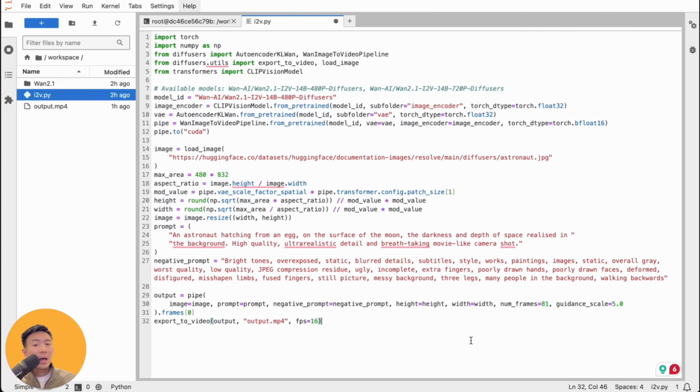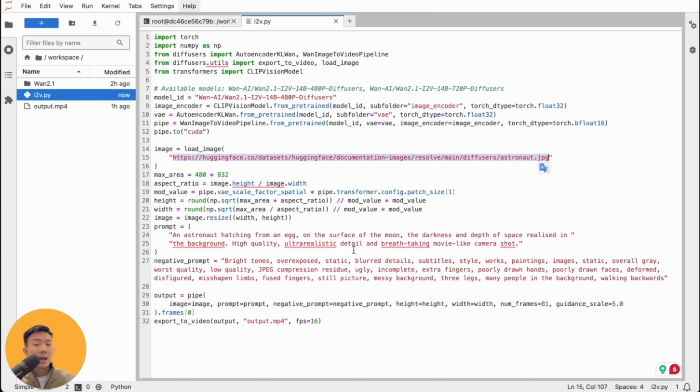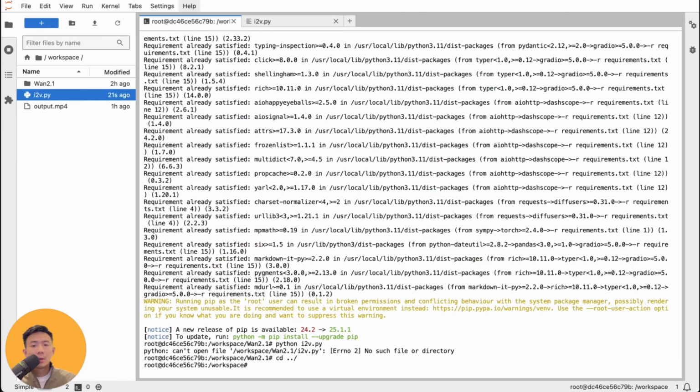This script allows us to run the image to video generation for the first time. The script already includes a sample image file, this one. It will use that to generate a 5-second animation video for the sample. Once everything is pasted and saved, you can run the script with the command python